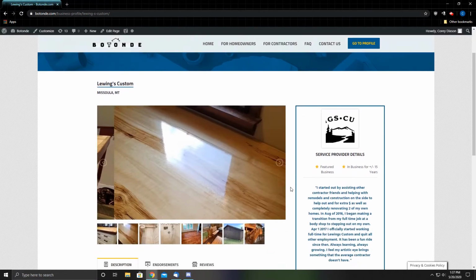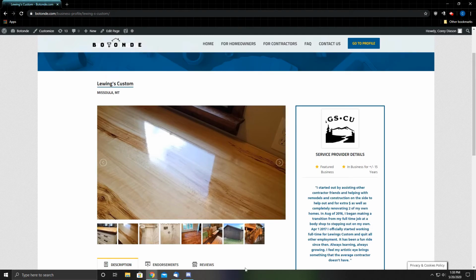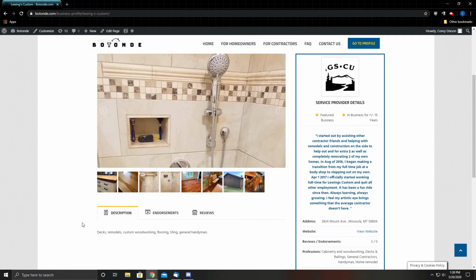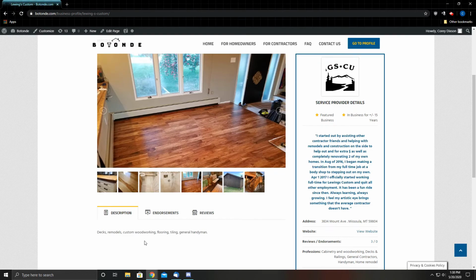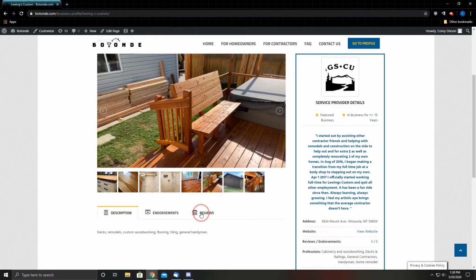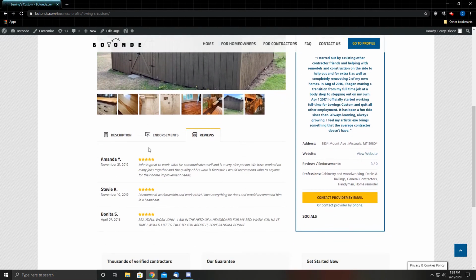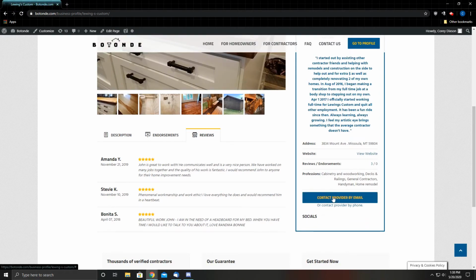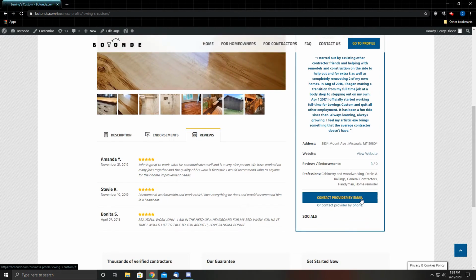Let's take a look at what it looks like. So they have the option to go ahead and add in a bunch of pictures. They have a nice little spot here for their description of their company. They have a spot down here for everything that they do. The homeowners can go ahead and read all their reviews and then can choose to contact the contractor by email